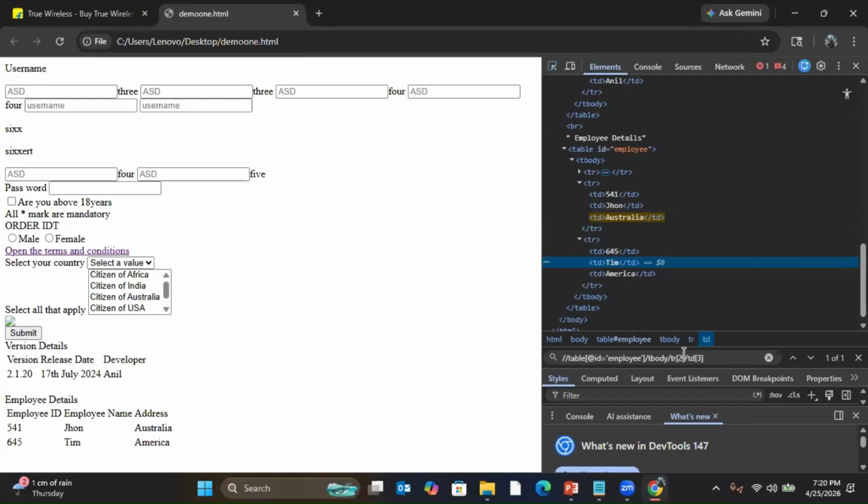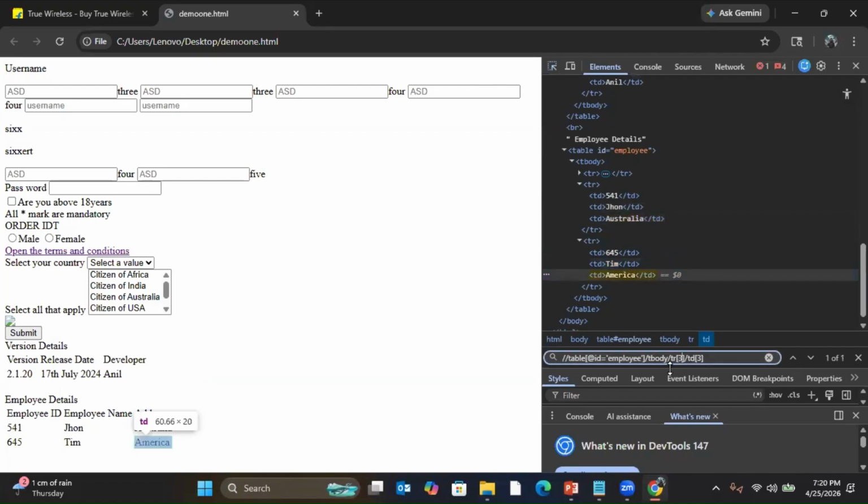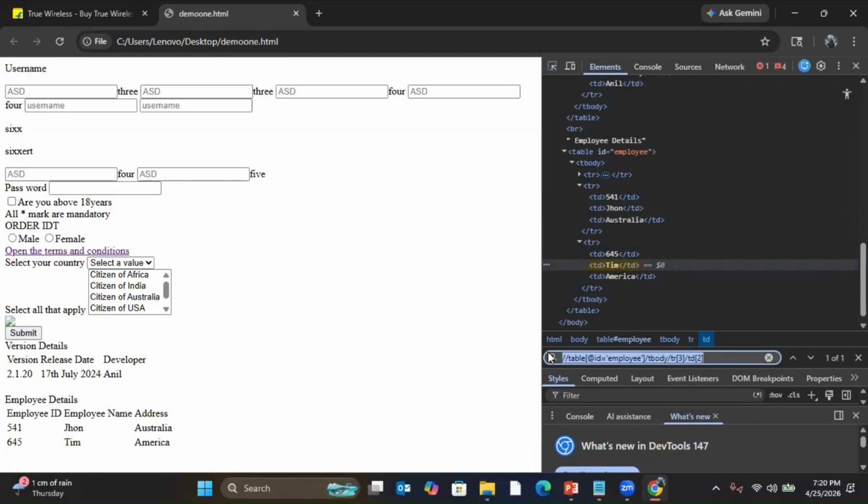TD of 2. I'm interested in which tier? I'm interested in the third tier. So tier of 3. And I'm interested in team, so it will be TD of 2, second column. So team. So I identified this. Now, this is what I wrote, as we wrote for a